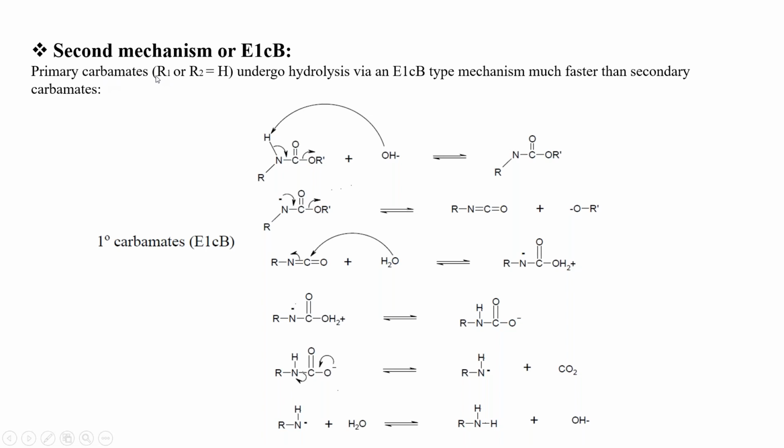In these mechanisms, the carbamate should have a hydrogen on the nitrogen atom, and at first, the hydrogen should leave the molecule in the intermediate state, and this mechanism is followed by attack of